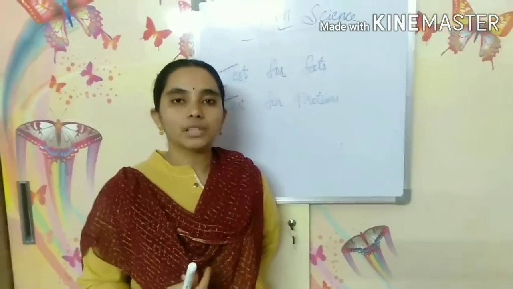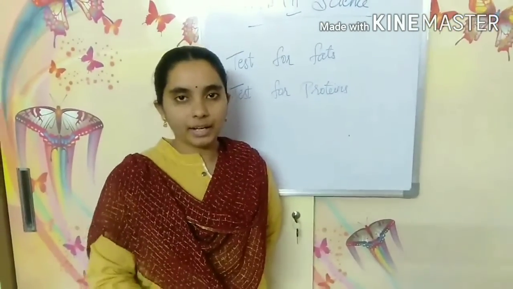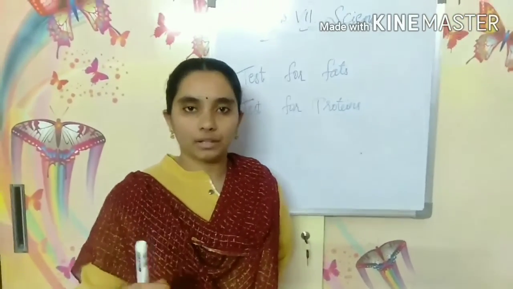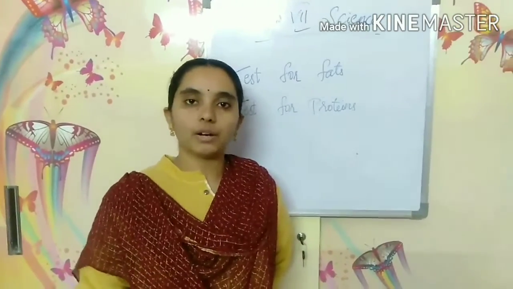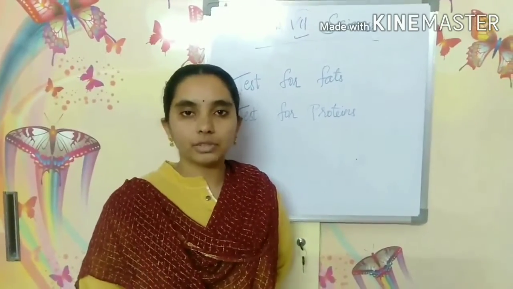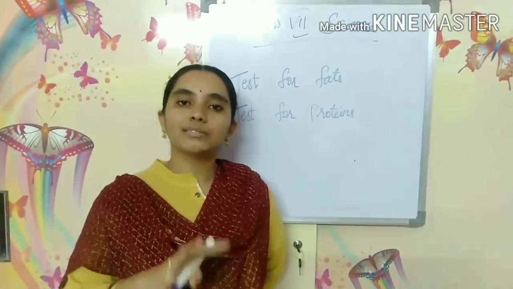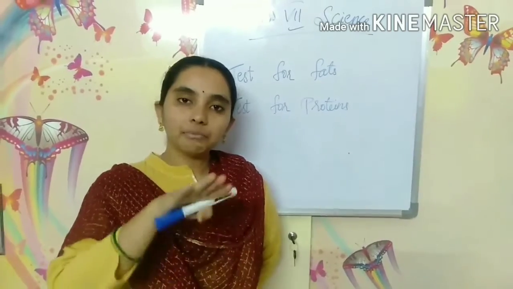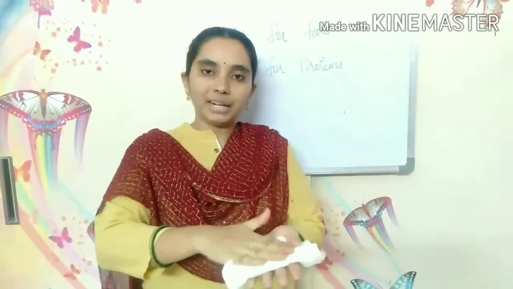So if you observe, for the experiment to be carried out, first we need a paper. We have to take a paper, any paper, it can be tissue paper or any normal paper. We have to take the food items or the materials that we have collected, and press those food items on the paper. For example, if I have a paper, I take any food item and put it on it and then press it or rub it gently.